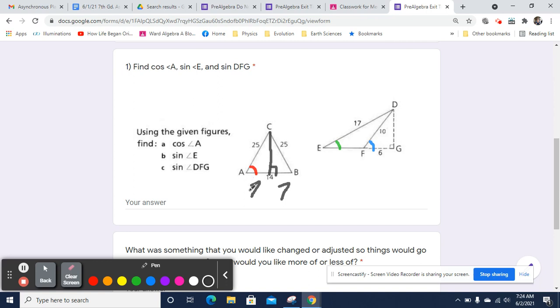Now you might recall that you could use the Pythagorean theorem, of course. So 25 squared is 625. Okay, and 7 squared is 49, so we subtract 49 from that. Okay, and when we do that, that's almost like subtracting 50, but 1 less. So we're going to end up with 6. And then we're going to end up with,